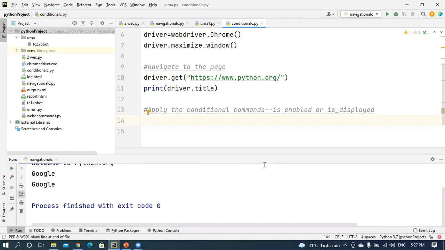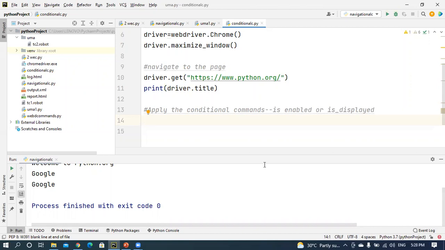Yes, any locator you will use. You have already discussed the 8 different kinds of locator. One is id, another is name, tag name, class name, link text, partial link text, after that XPath, and CSS selector also you discussed. You will apply any one of the locators.